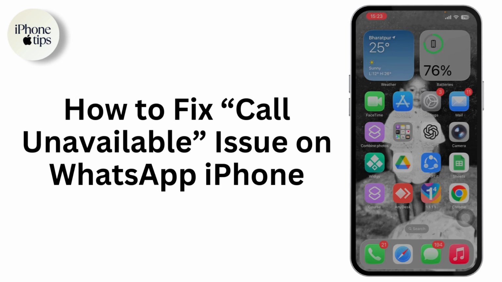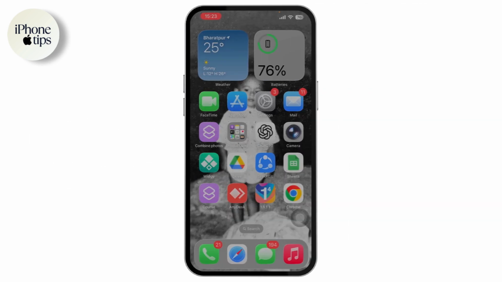How to fix call unavailable issue on WhatsApp iPhone. So if you want to fix call unavailable issue on your WhatsApp iPhone, then what you need to do is, now this might happen for a few different reasons. If you're being blocked, or if that person deleted the WhatsApp account, or if you have minor glitches with